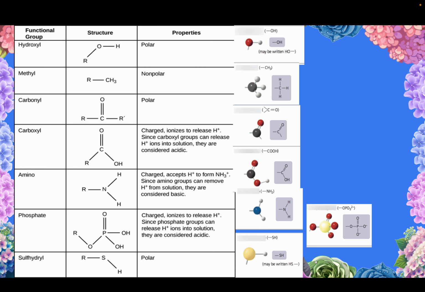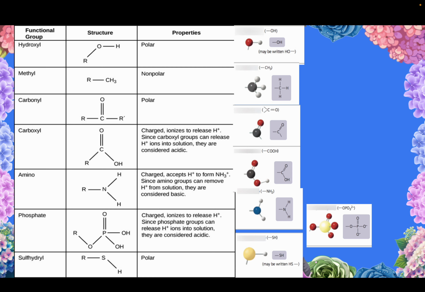Okay, so next is phosphate. Phosphate is significant because it's the only one of these seven groups that has phosphorus. It's also really interesting because the phosphate itself is not what bonds to things. As you can see in this diagram, all of the open slots for bonding have been taken up by the oxygens. It has four oxygens, and it's actually taking in more electrons than it can. That's why it has a negative charge, and so it contributes a negative charge